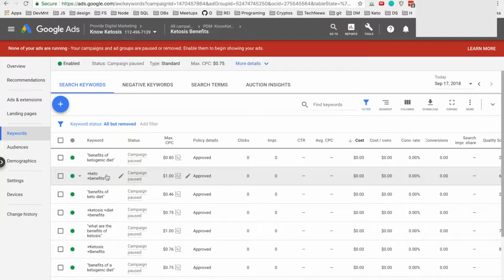This doesn't make any sense, but it would bring up that search because you have keto and benefits in it, and it doesn't necessarily have anything to do with car, but it doesn't matter because keto and benefits is still in the search. So, anyways,